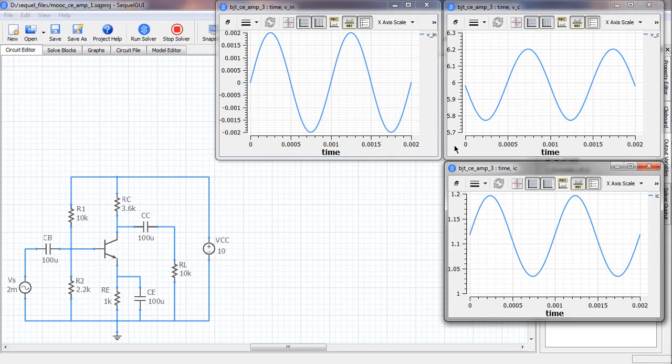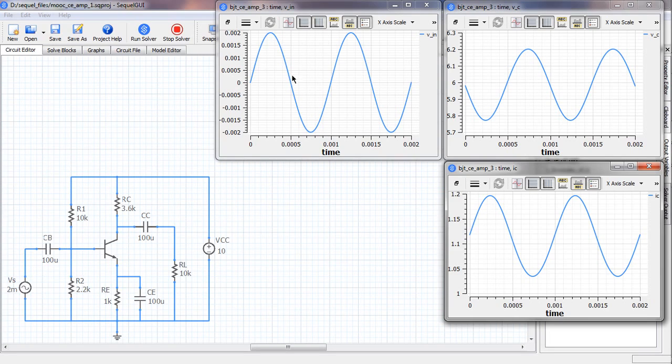And this is the Vc, the collector voltage at that node. And what do we expect that to be? We expect it to be centered around 6 volts, that is the bias value of Vc. And we expect the peak to peak voltage to be 0.45 volts from the last slide. Also, we expect the gain to be negative, that is this voltage divided by this voltage, the signal part is negative, and that means we expect Vc to be out of phase with the input voltage,